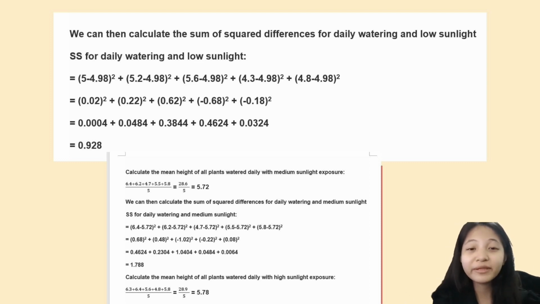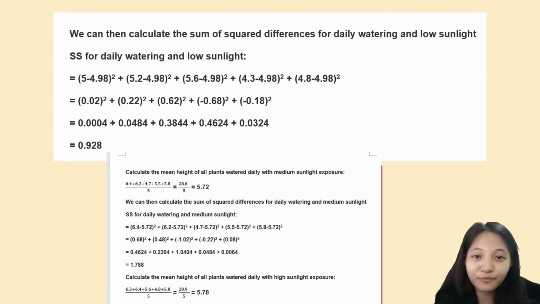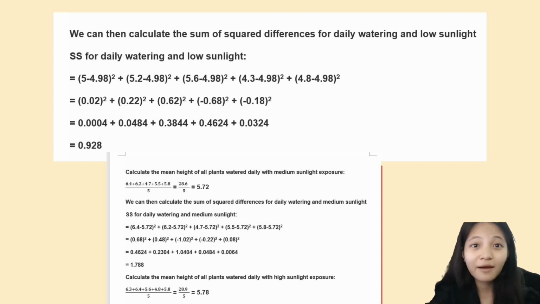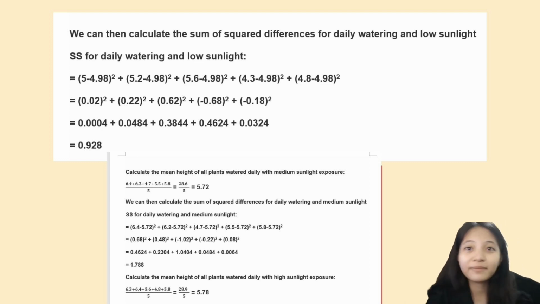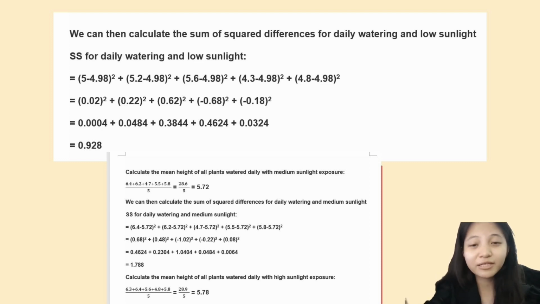So, 5 minus 4.98 squared plus 5.2 minus 4.98 squared plus 5.6 minus 4.98 squared plus 4.3 minus 4.98 squared plus 4.8 minus 4.98 squared equals 0.02 squared plus 0.22 squared plus 0.62 squared plus negative 0.68 squared plus negative